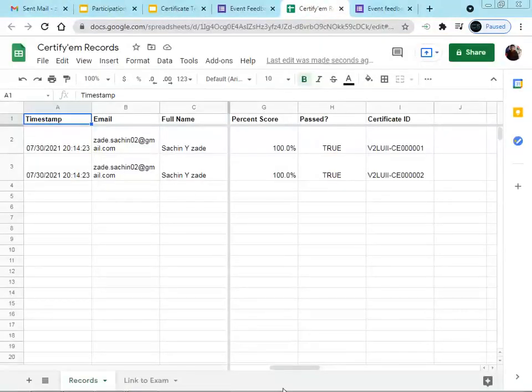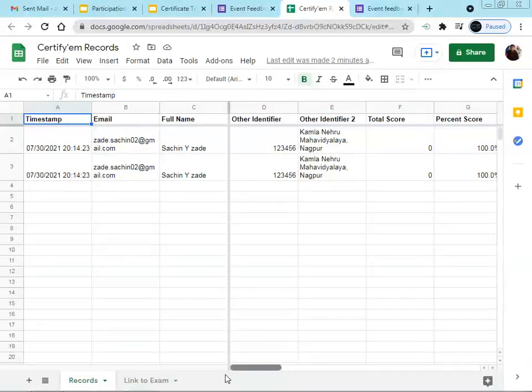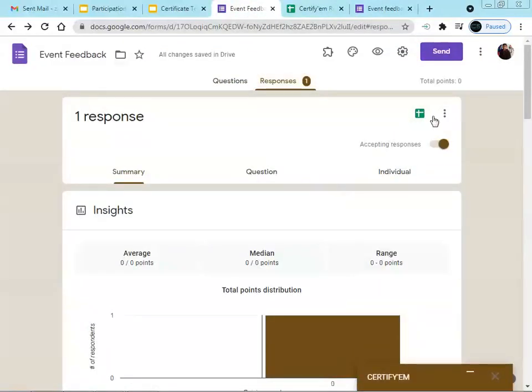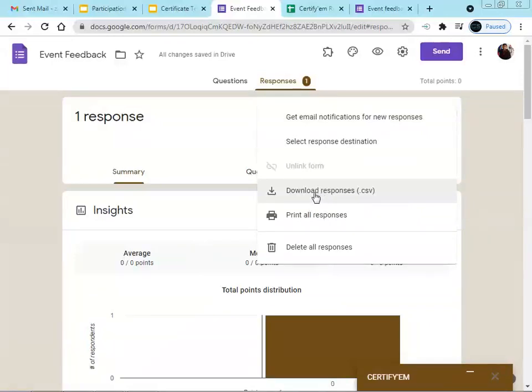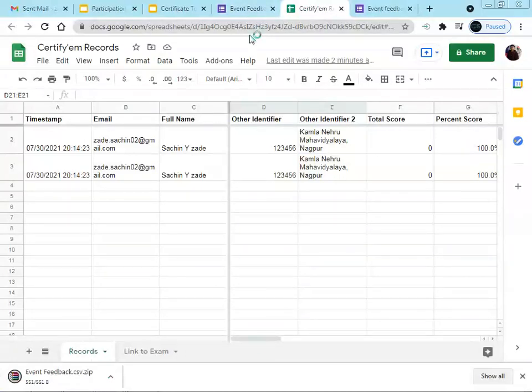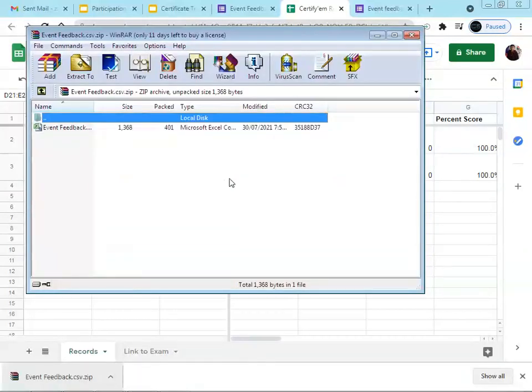We processed the same certificate two times, so we are getting the record in this Certify'em option. We are also getting the same information with the help of this download responses option. This is different from the Certify'em option. Here we get the record for Certify'em, and at the bottom we get the event feedback CSV zip file.